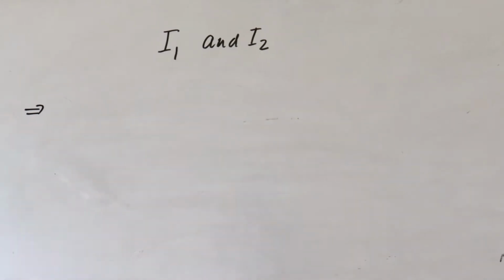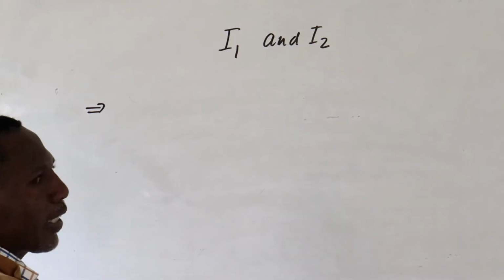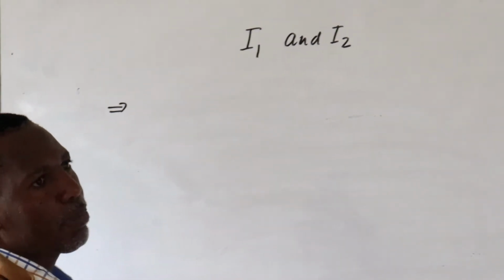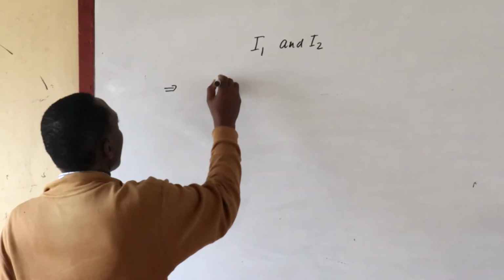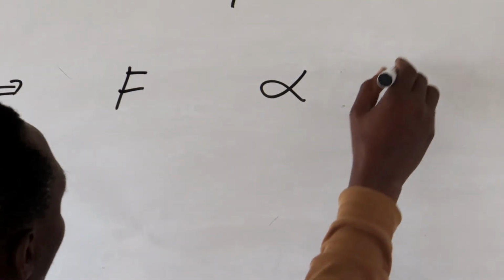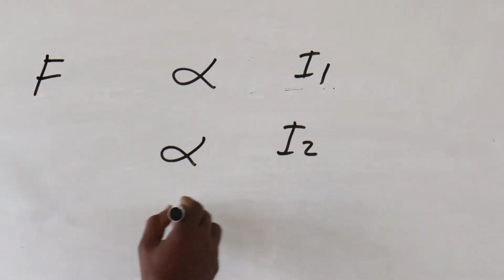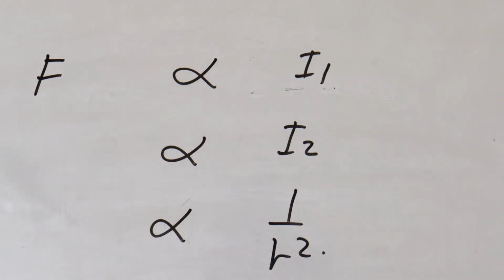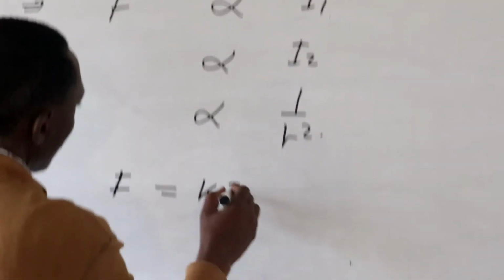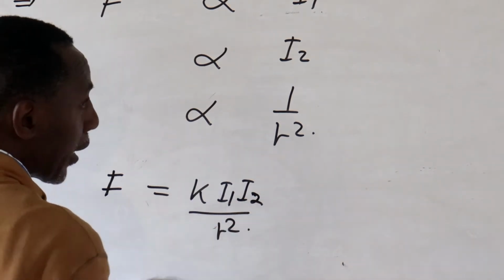This implies the force is directly proportional to I1, directly proportional to I2, and directly proportional to 1 over R squared. This can be summarized as force is equal to K times I1 I2 over R squared,